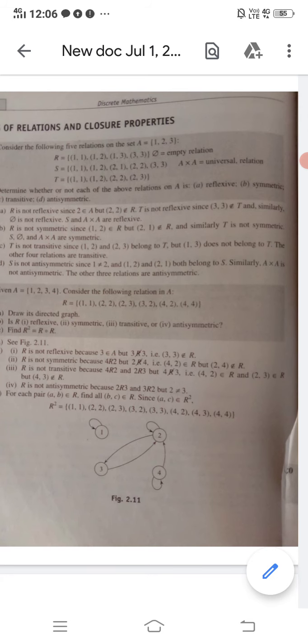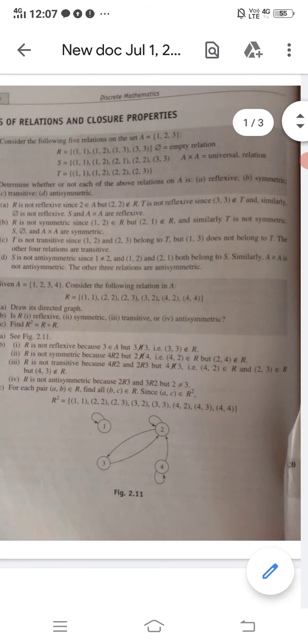So first of all we must know the condition, then we will find the solution and we will write the answer. Always remember, empty relation will never be reflexive and universal relation will never be antisymmetric. Okay, these conditions are always true. empty relation कभी भी reflexive नहीं होगा, universal relation कभी भी antisymmetric नहीं होगा. और जहाँ पे condition नहीं है, you don't have to check solution for that, तो वो आंसर yes हो जाएगा.